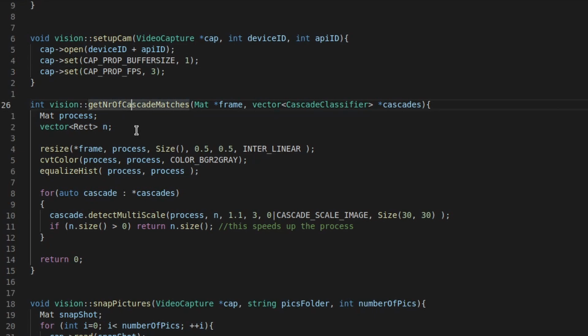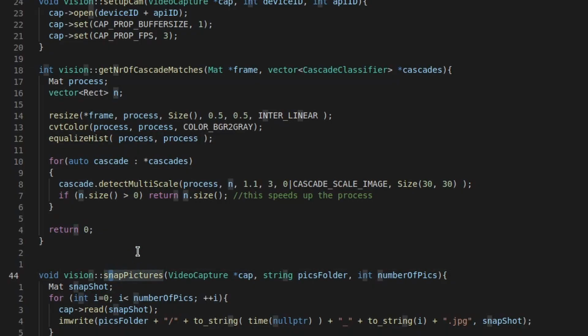Get the number of cascade matches, that is the number of faces detected. I did a clever thing because I actually wanted to have a torso match, a person match and a face match. So I pass in a vector of cascade classifiers. But since the Pi 0 is so slow, I only push one classifier, which is the face classifier, into it. So it basically runs once. But this way you can do several detections very quickly with a single call. Snap images. As soon as there is a face detected, I will start to capture images. Hopefully you get one of these pictures that goes like...